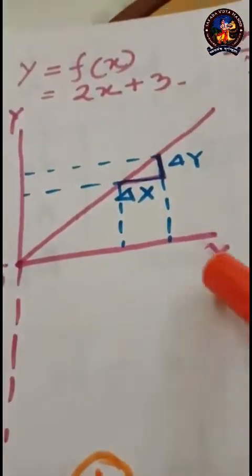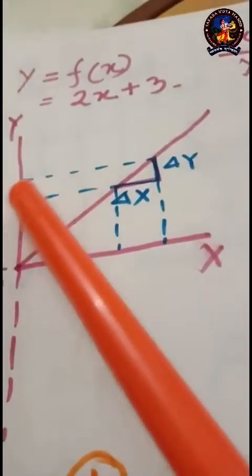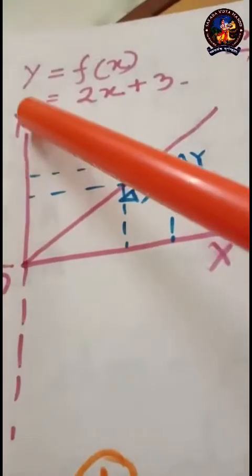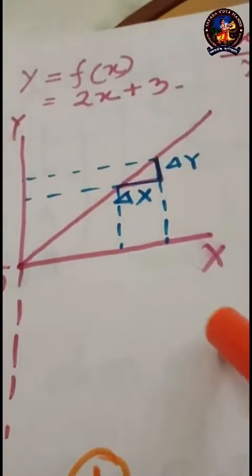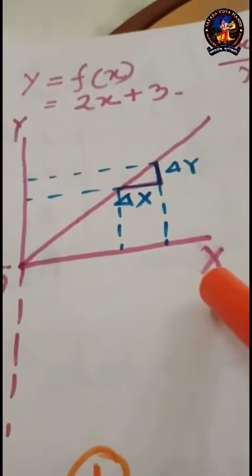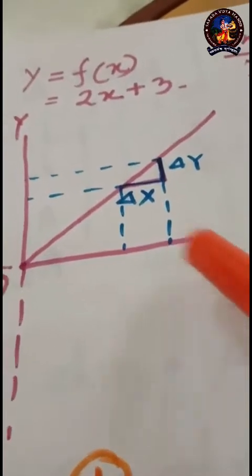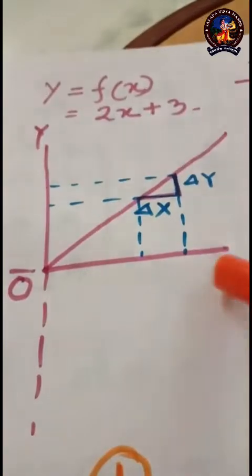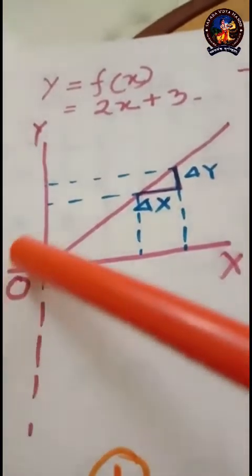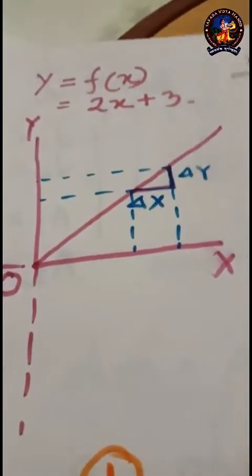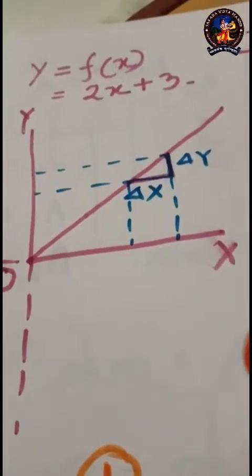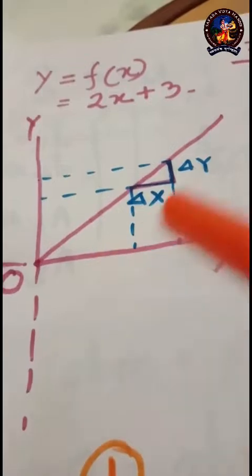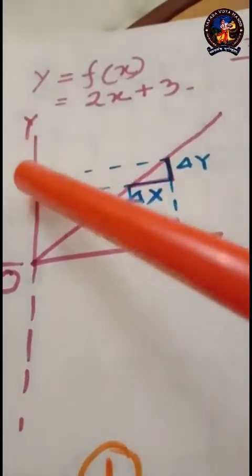Now these x and y are two arbitrary things. That is, we can put anything on x and we can put anything on y, but you have to understand and keep in mind one thing: x and y both are variables. But why are we putting x on this axis and y on that axis? There is a specific reason, because y depends on x. Got the point? If x is changing, y is changing.